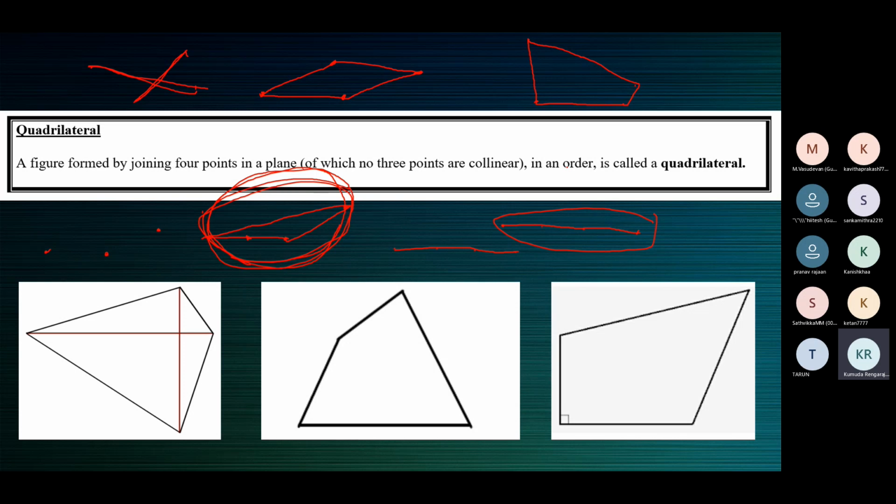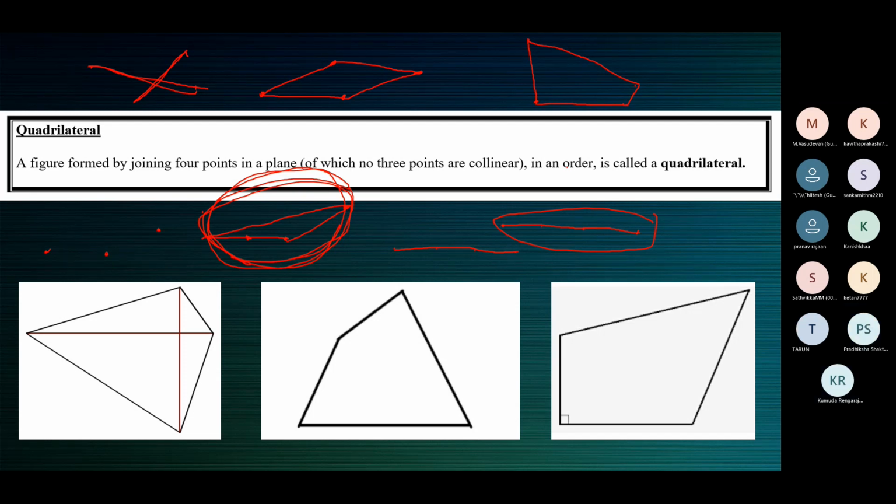A quadrilateral is a polygon, so it's a closed figure. A polygon meaning it's a closed figure. Polygon of how many sides? A quadrilateral is a polygon comprising 4 sides or 4 line segments. So that is also fine. That's a quadrilateral, a 4-sided polygon. A polygon with 4 line segments is a quadrilateral.